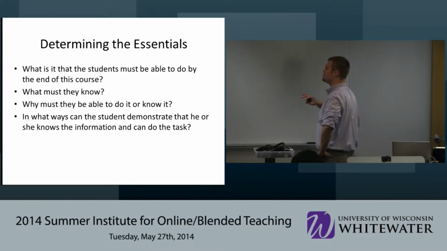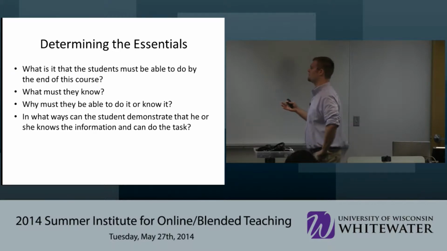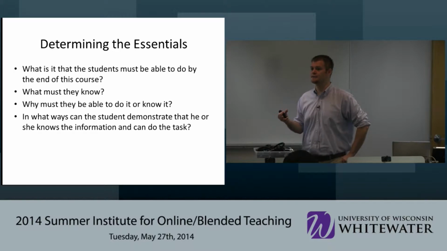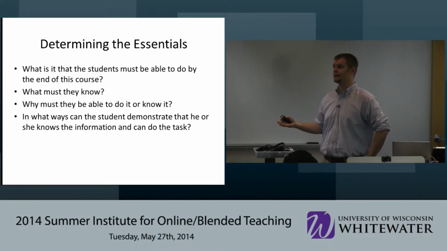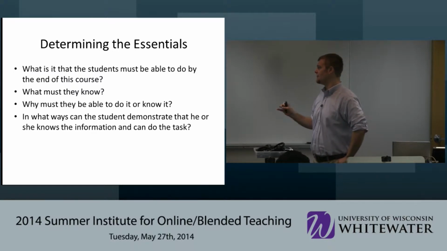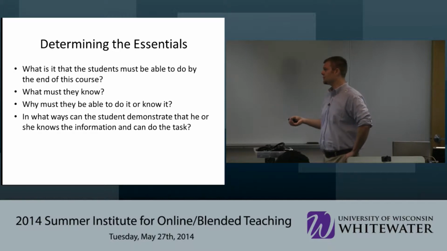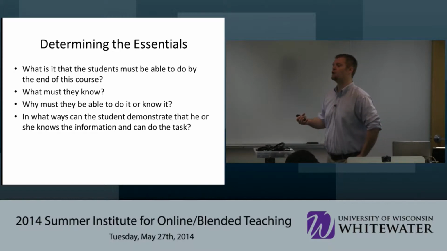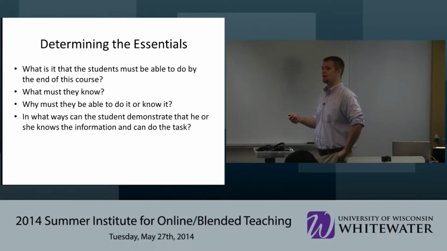So, determining the essentials. Just looking broadly at what a student must be able to do by the end of the course. That's the big question: what are your learning objectives? What do you want them to know when they're done taking English 101? What must they know, instead of what you want them to know? What must they be able to do, or know how to do? So, providing a layout of how you want them to write that lit review, or how you're going to assess